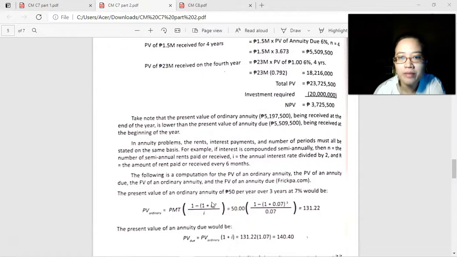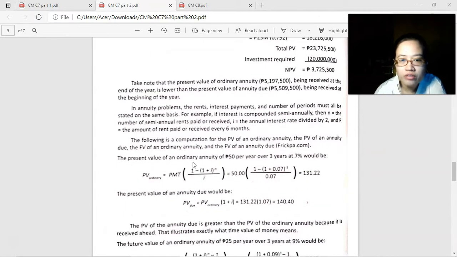Okay? Kapag merong involved na compounding. The following is a computation for the present value of an ordinary annuity, the present value of an annuity due, and the future value of an ordinary annuity and the future value of annuity due. Okay? So for the present value of an ordinary annuity, 50 pesos per year over 3 years at 7% would